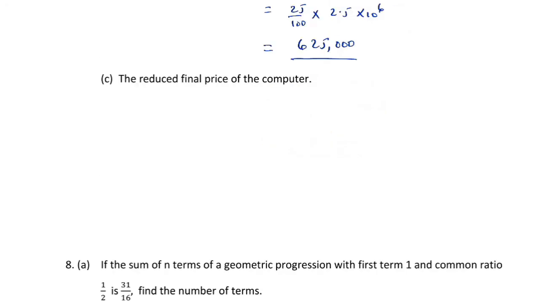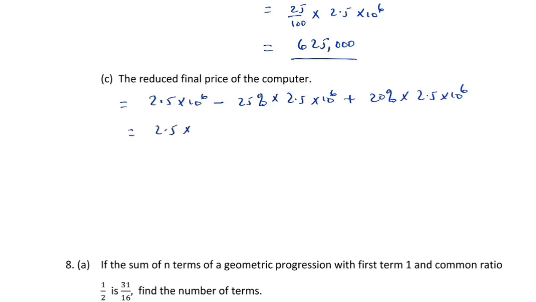Okay, and the final part C of the question, we are supposed to calculate the reduced final price of the computer. So the reduced final price of a computer is going to be 2.5 million minus 25% of 2.5 million as a discount plus 20% of 2.5 million as VAT. So we are going to have